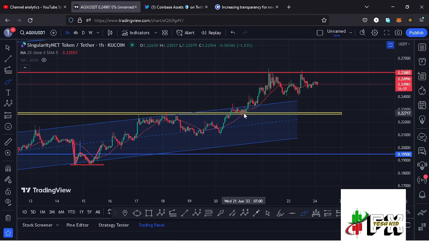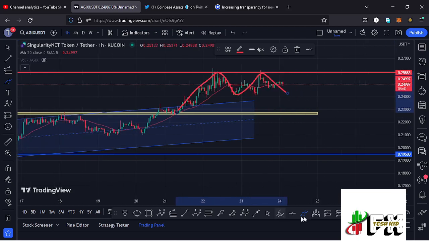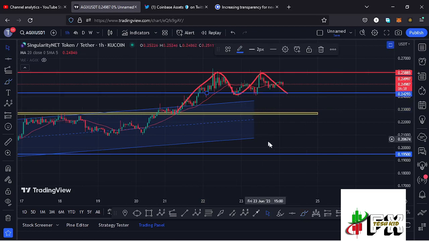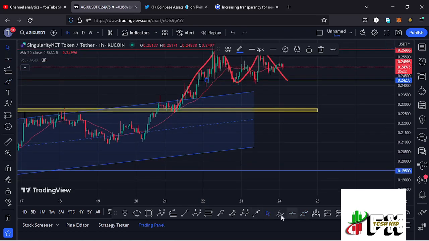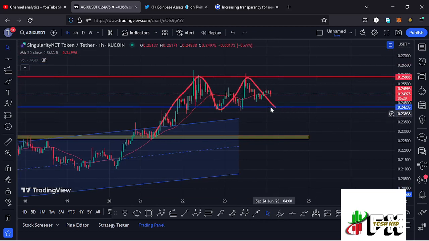And as a result of that, that has now led to the formation of a double top, where we can have that as the first top, then we have the neckline, then the second top. And in case we continue seeing further breakdown, then there are chances that this chart pattern is going to break to the lower side. And you can see that the neckline lies at around the $0.2493 mark. So in case we continue seeing lower prices here on the AGIX chart, continue seeing further breakdown, and then at some point we lose our neckline over here, then there are high chances that we are going to see that massive breakdown to the lower side out of this chart pattern, fully maximizing our